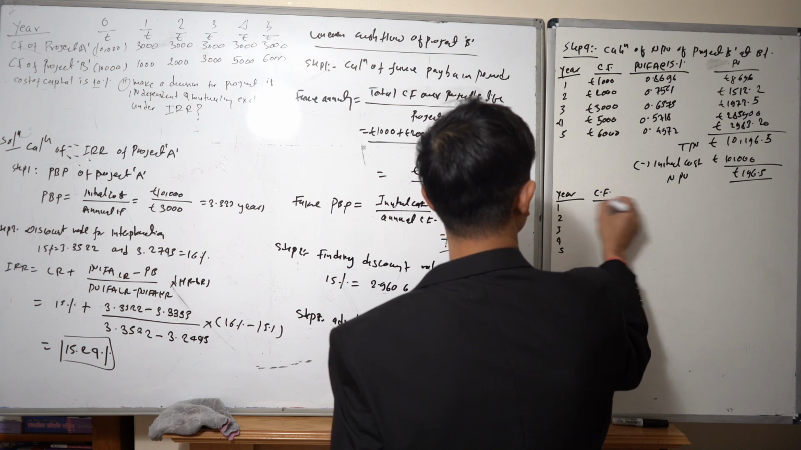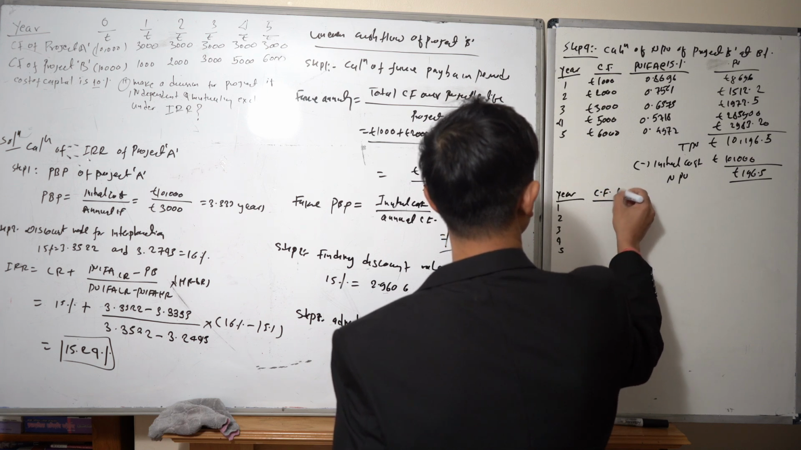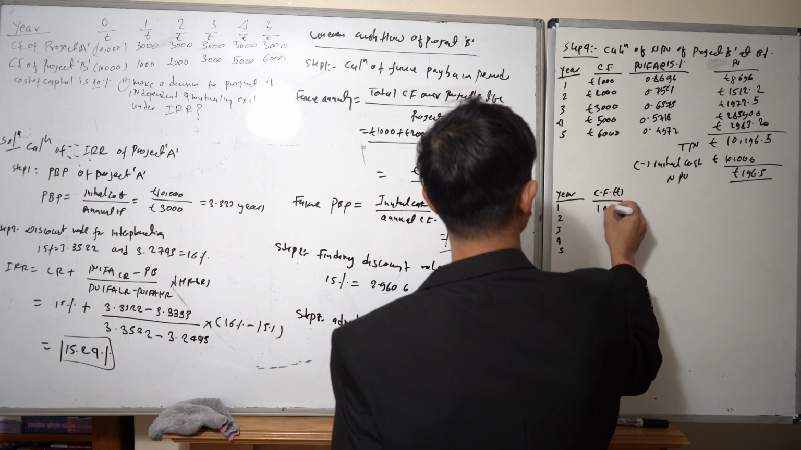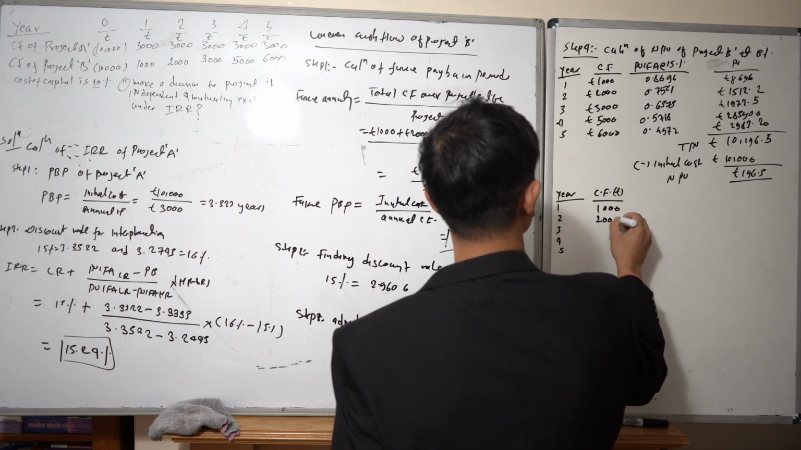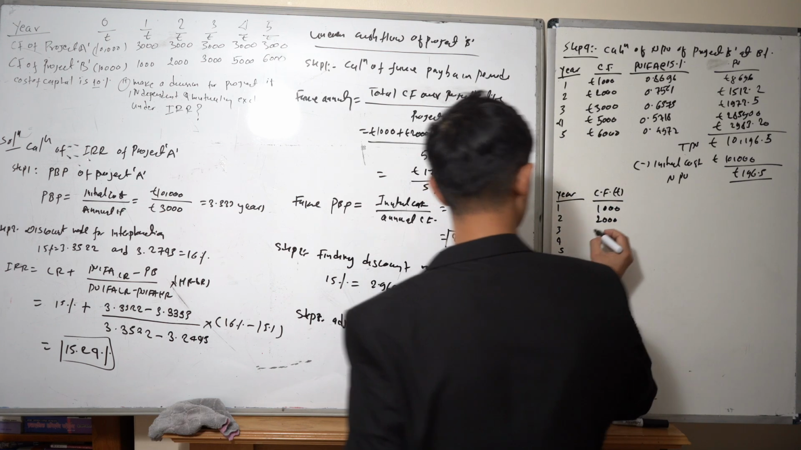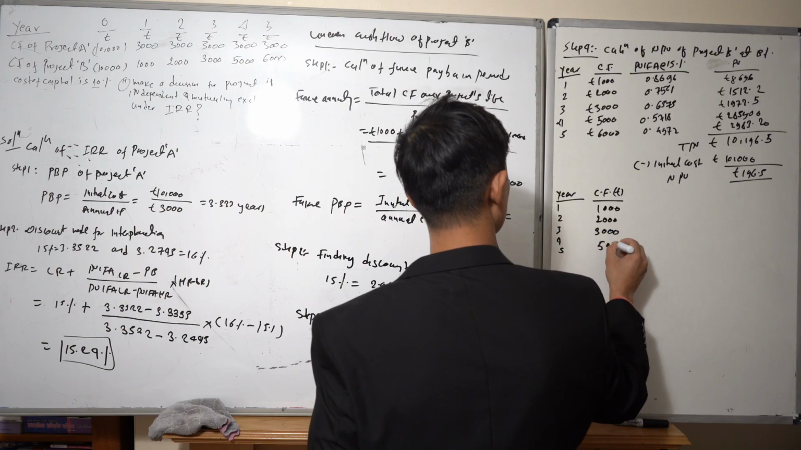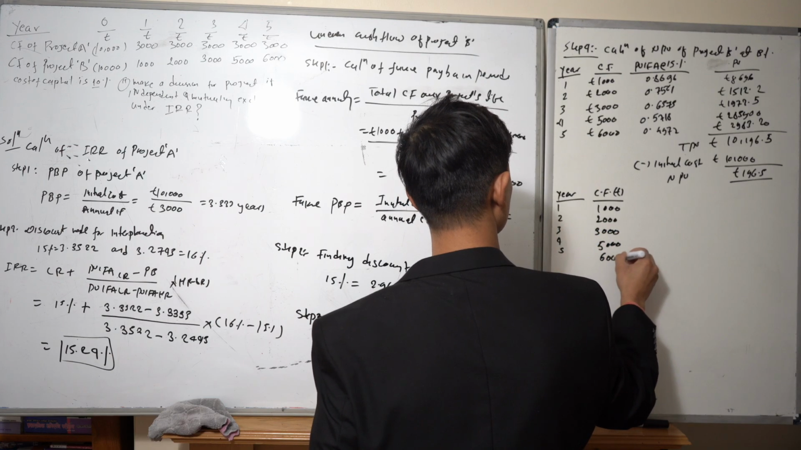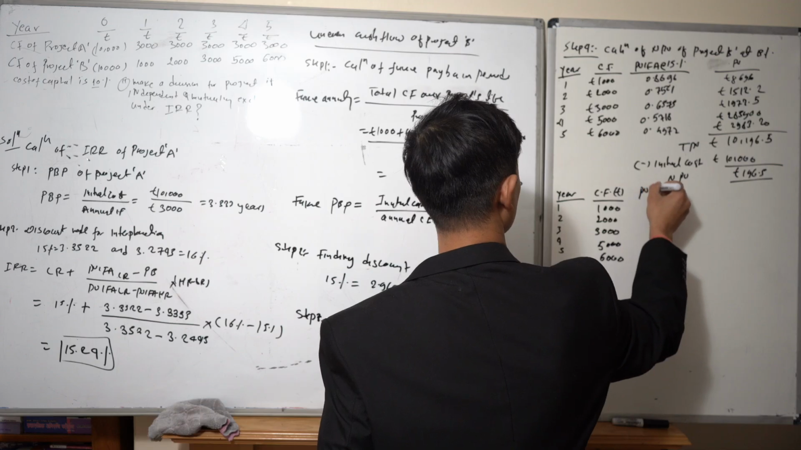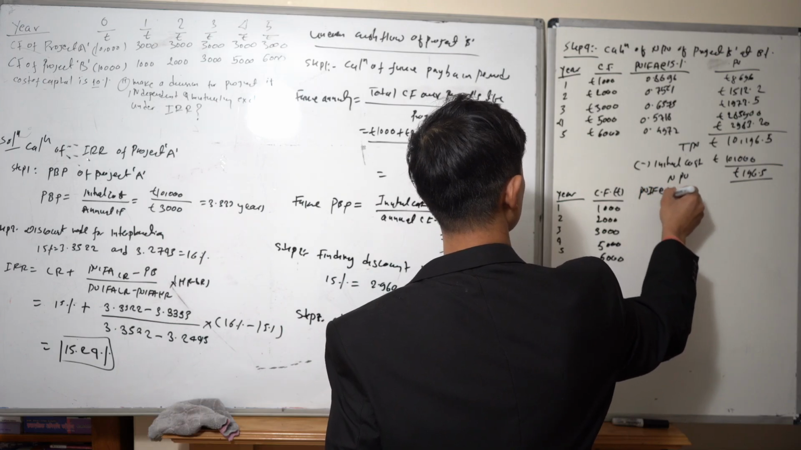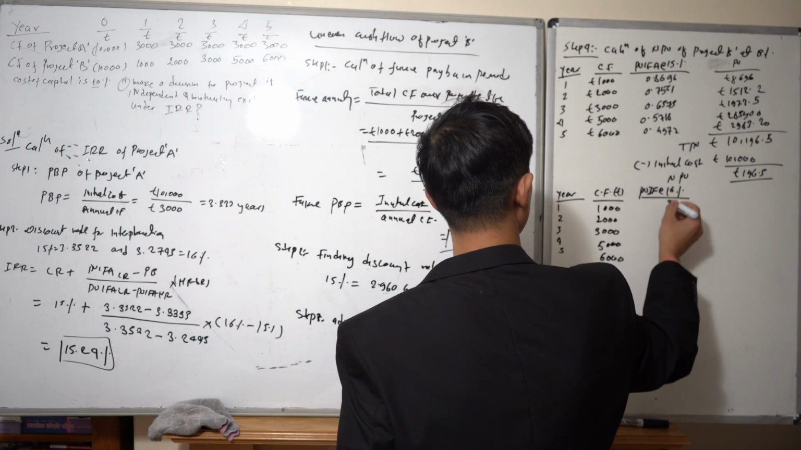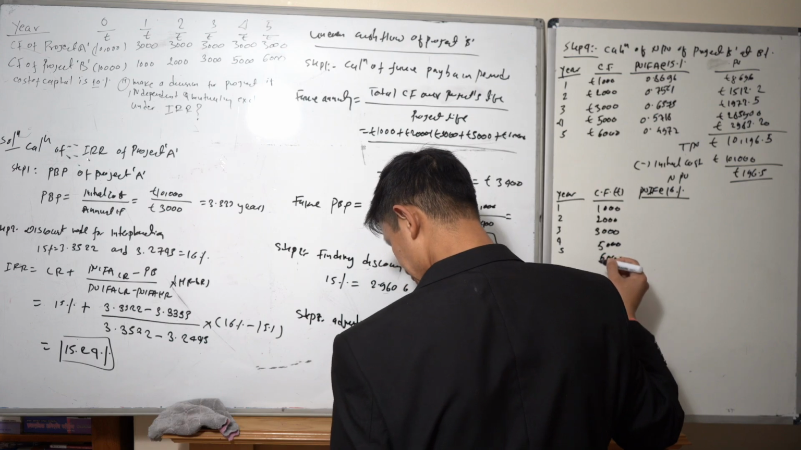Cash flows are 1000, 2000, 3000, 5000 and 6000. This time we are trying the present value interest factor annuity at 16%. We get